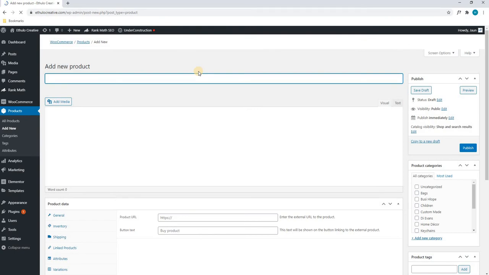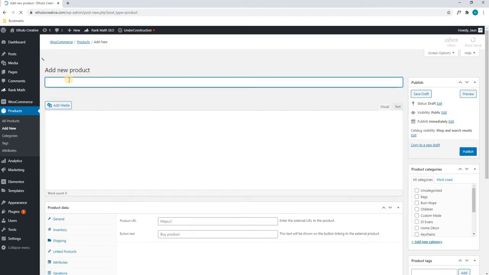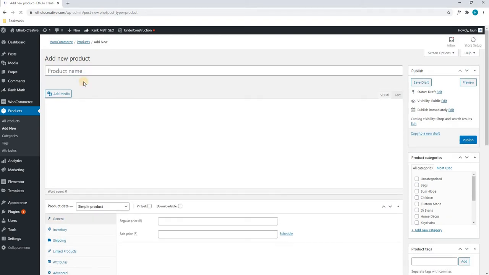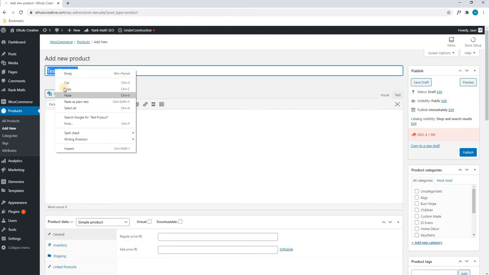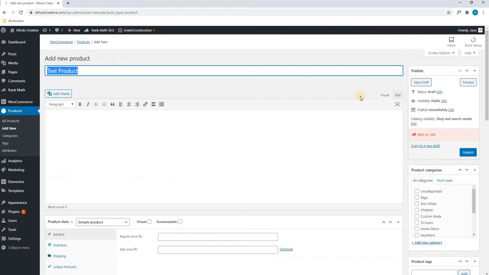As you can see, the page is loaded and the first thing we are asked is to add a new product. Here we will insert the title of the product. For this tutorial, I will simply be calling it a test product. For the time being, we will highlight this, we will copy it, and we will scroll to where we have